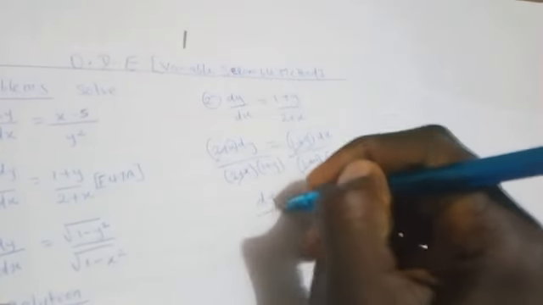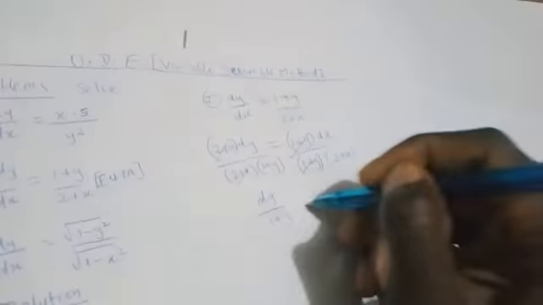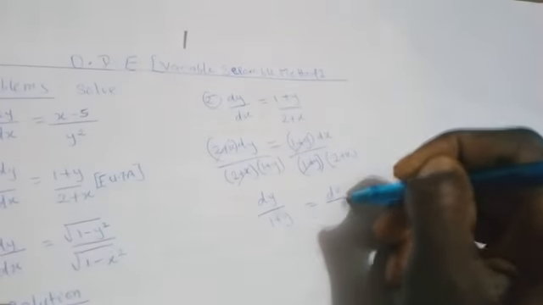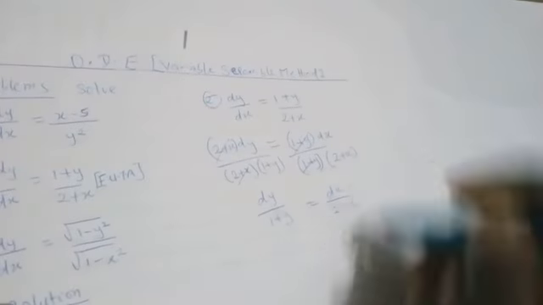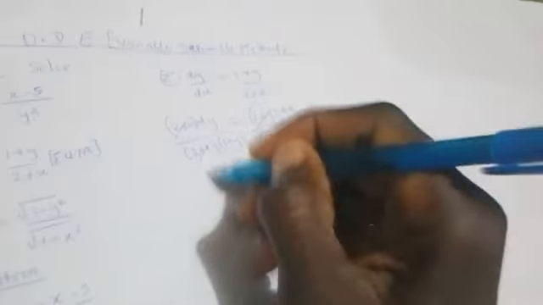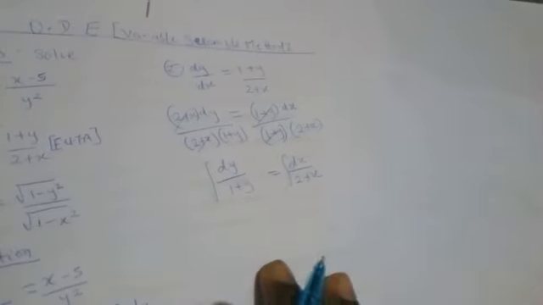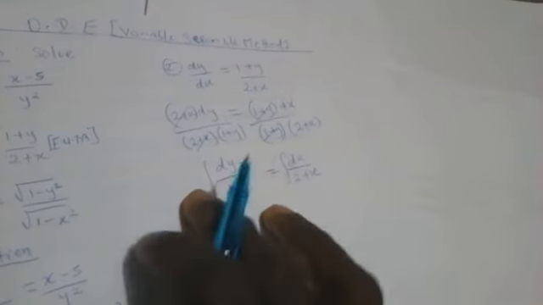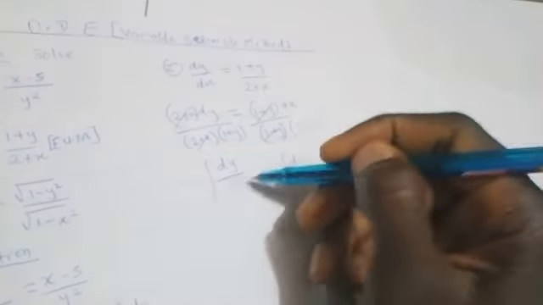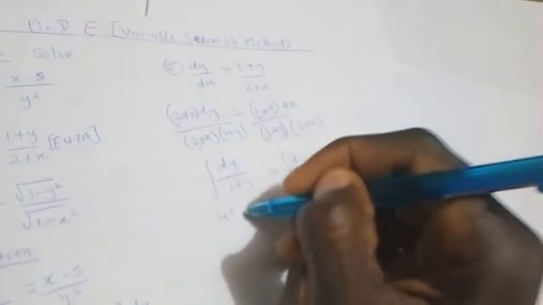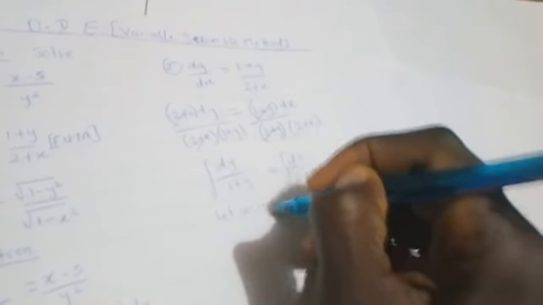So now I have y over 1 plus y equal to x over 2 plus x. Now I can bring in my integration. Now I can perform integration here. This is the integral symbol. If you observe from here, I can let u be equal to 1 plus y, so that